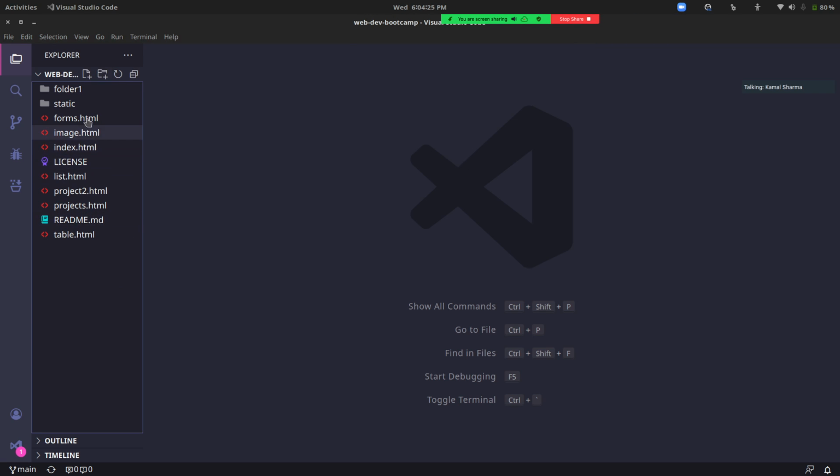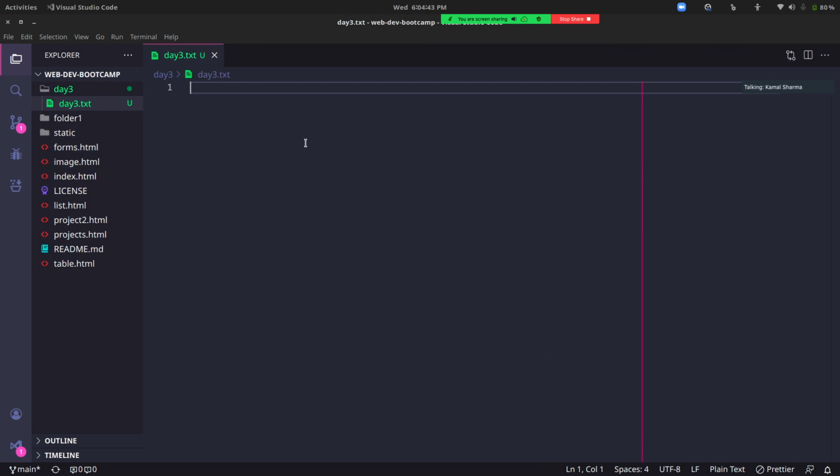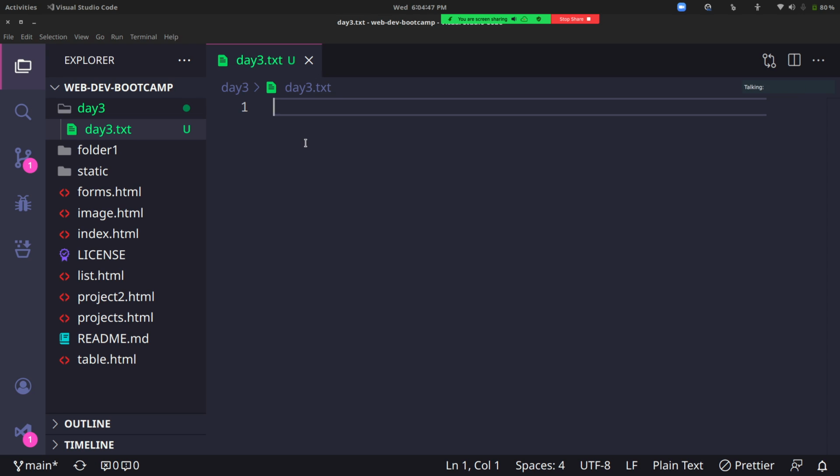Okay, so this is the same folder which we were doing stuff in the previous 2 days. Just for you guys to have a reference, I'm creating this folder, and inside that folder, I'm going to create a file, maybe day3.txt, a text file. First, I'll type here so that I can push it to GitHub. Once I push it to GitHub, you can access it from there, right? So it is for that purpose I'm doing this.